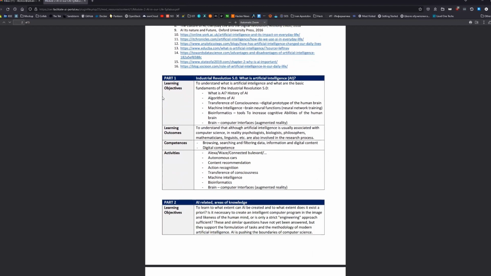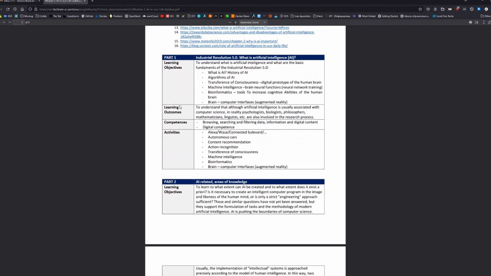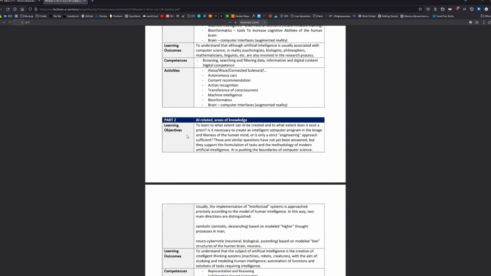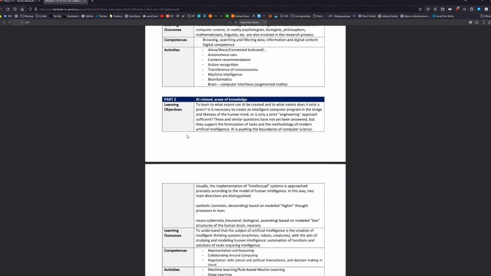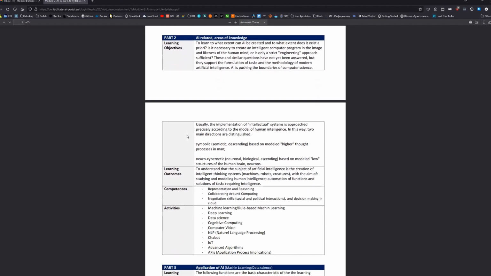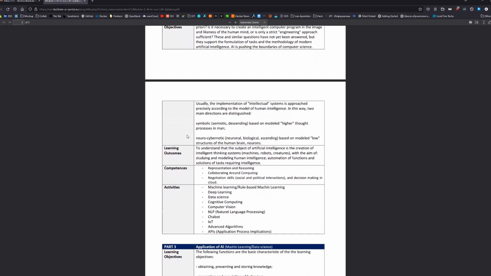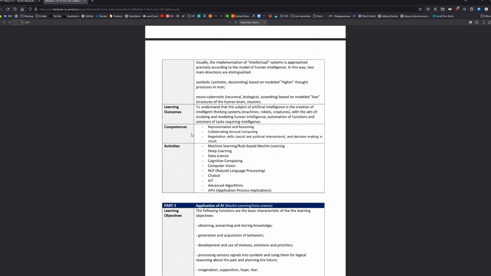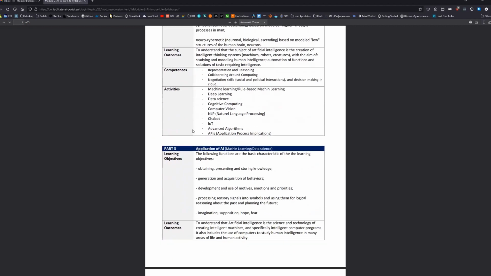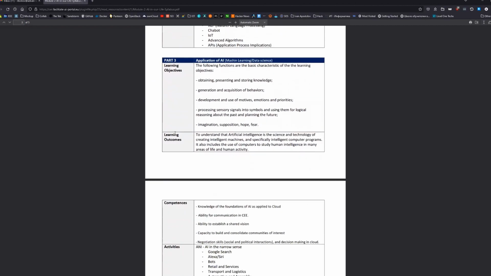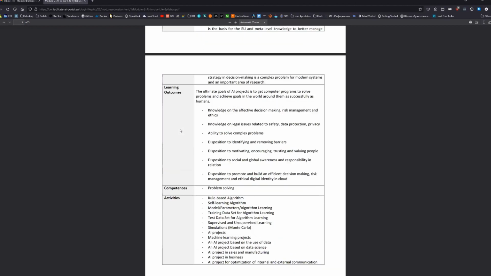Down here we have a table where we can see more granularly the learning objectives, learning outcomes, competences, activities, and we can see areas of knowledge, again the learning outcomes, competences, activities, and this guideline has 4 parts.